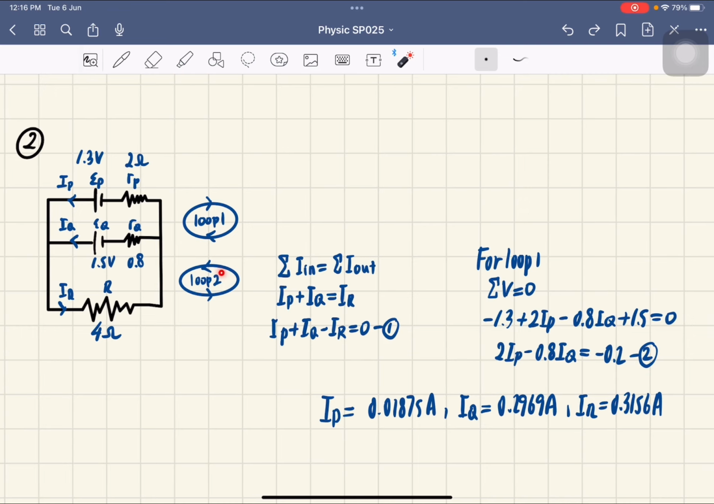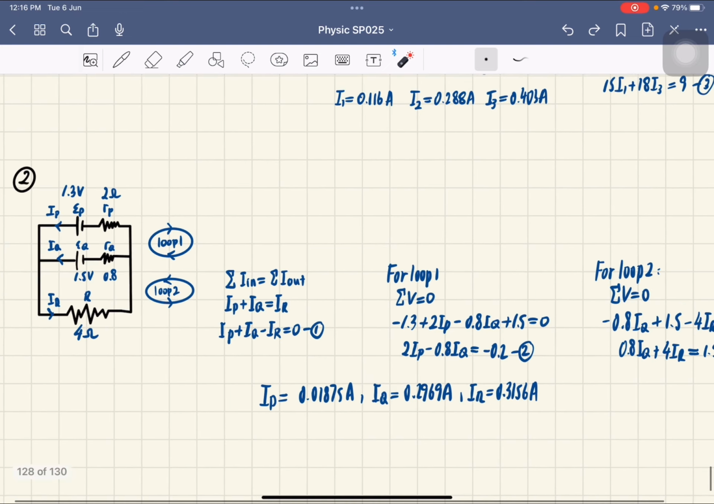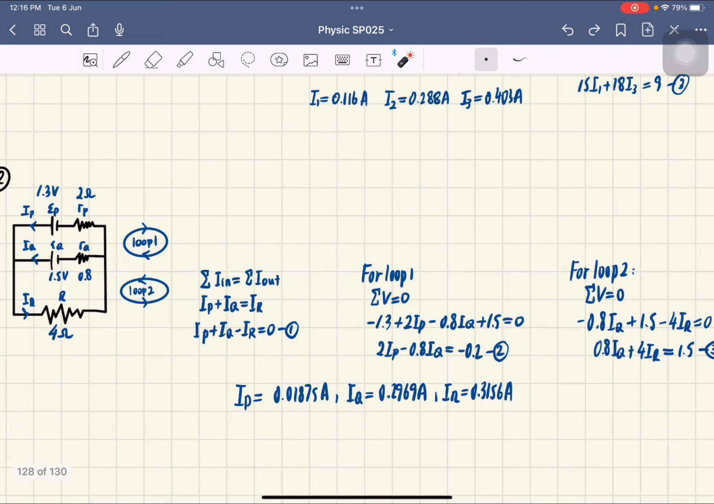So for the second loop, we start from battery Q. The EMF direction, flowing from the negative charge to the positive charge, is the same as the loop direction, so we get positive 1.5 volts. Okay. For the second loop, we start from the resistor Q. The current direction which flows in this direction is the same as the loop direction, so we get 0.8 IQ